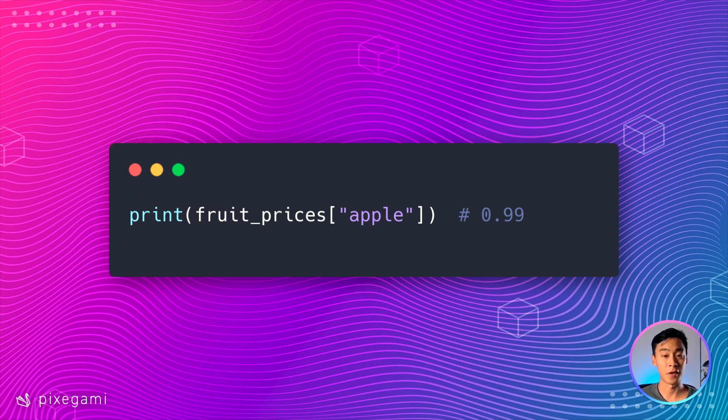This is useful if our data doesn't have any kind of explicit ordering in its relationship, so we don't care whether an apple or banana comes first, the order doesn't matter. But we do know something unique and specific about the item we want to access. So that's where a dictionary is useful.